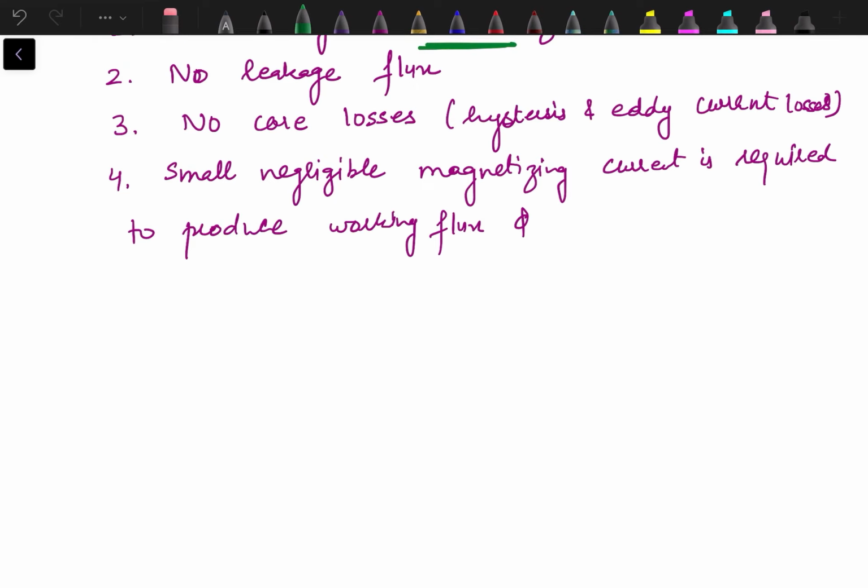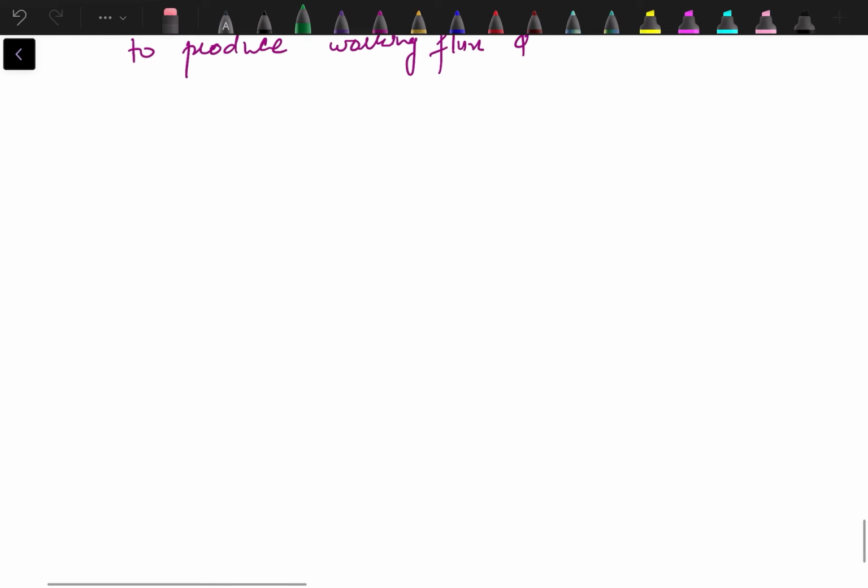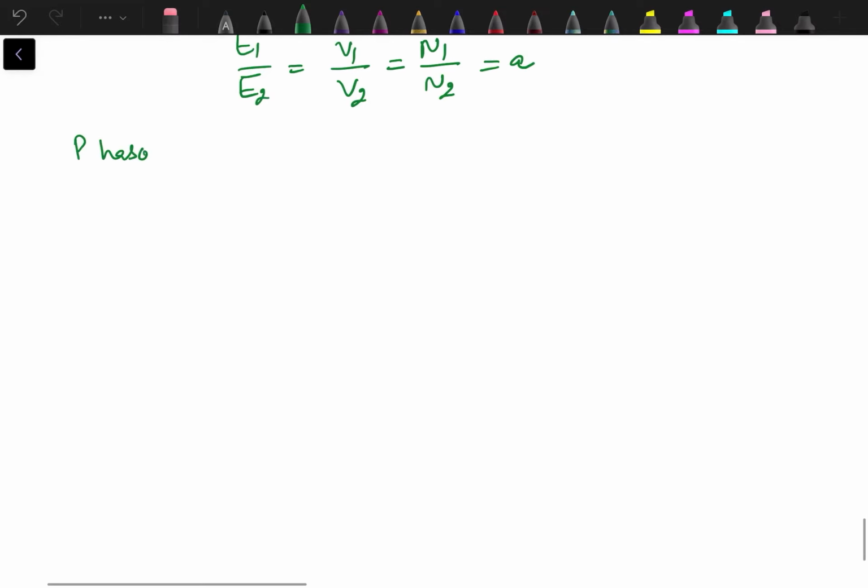Now based on these assumptions, we got E1 upon E2 equal to V1 upon V2. This is equal to N1 upon N2 equal to a, that is the turns ratio. Now let's draw the phasor diagram